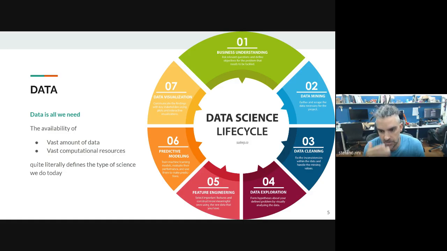And so first there is data mining. So first there is an understanding. This plot is from a business perspective, but from a scientific or academic perspective it would be the same. The first thing is to understand what is the question that we are trying to ask. Then you have to collect the data to answer this question. Then once data is collected, the job starts, meaning that you have to clean the data.